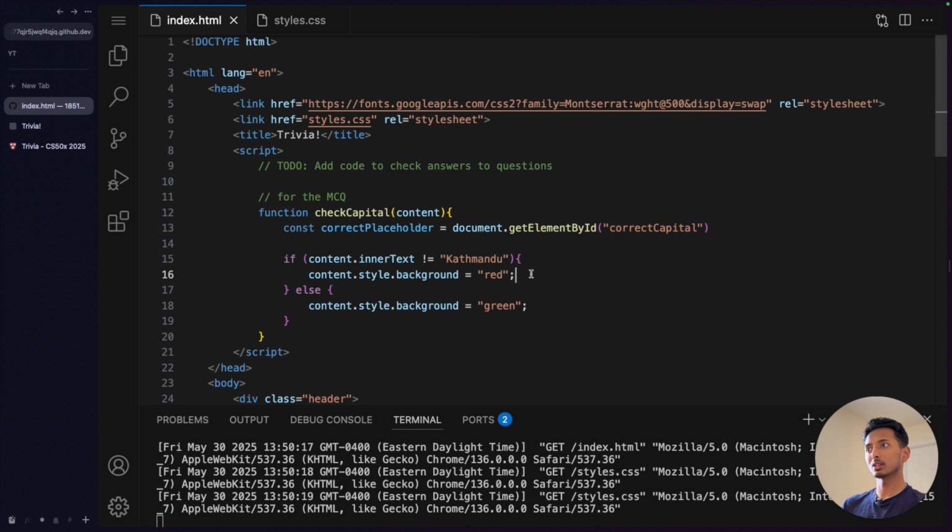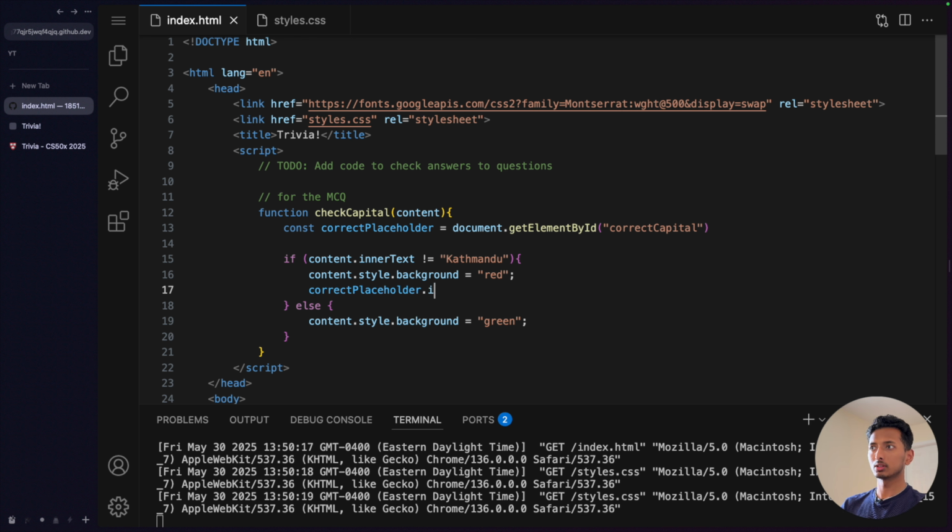And when the incorrect button is clicked, we want to say correctPlaceholder.innerText equals incorrect, add a semicolon,